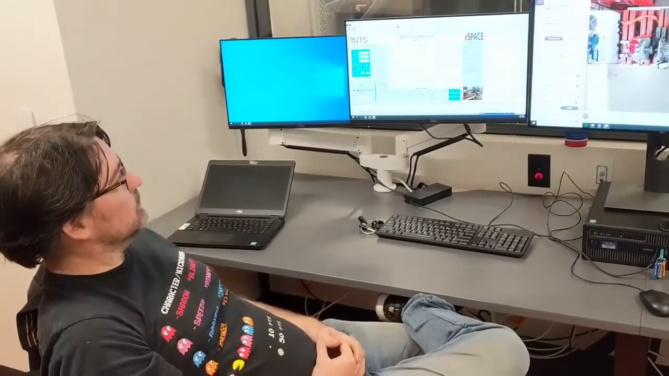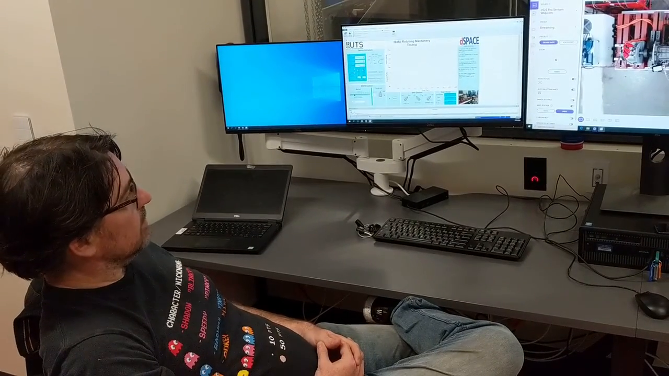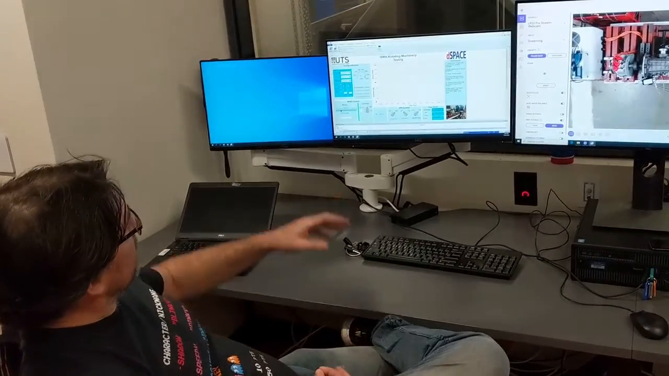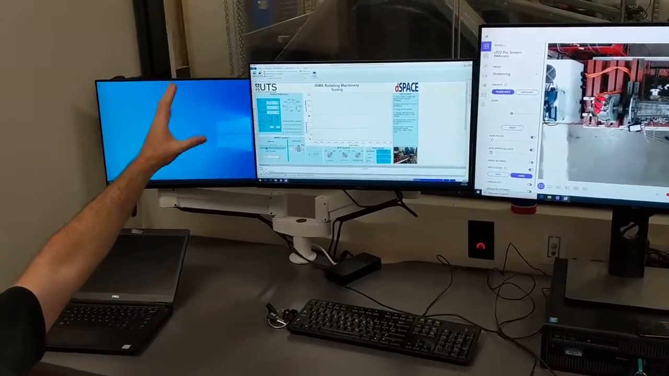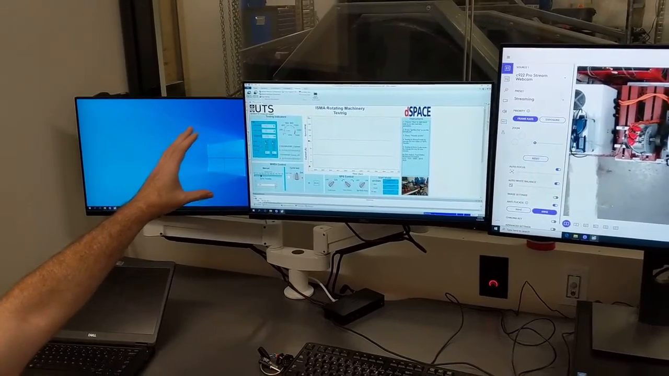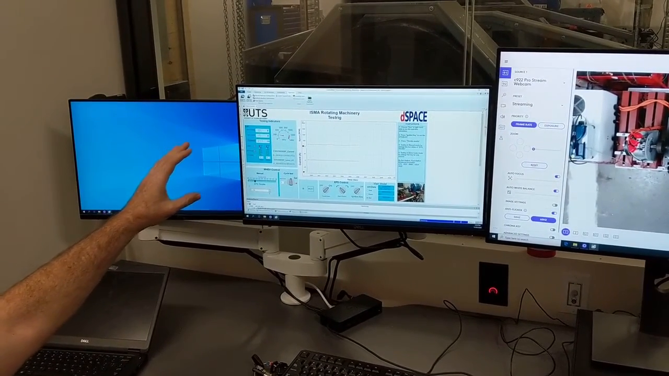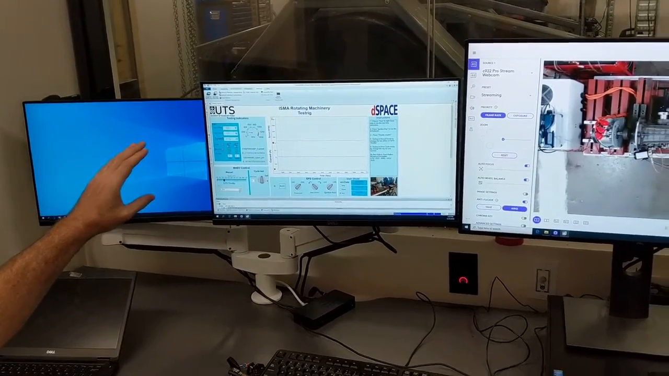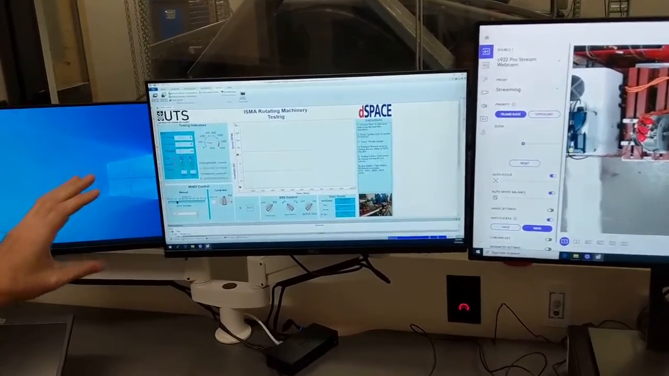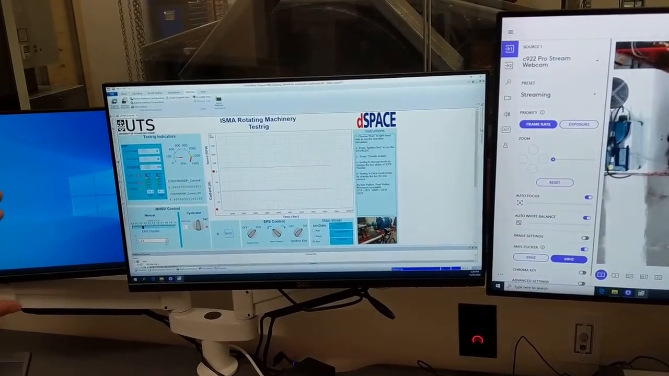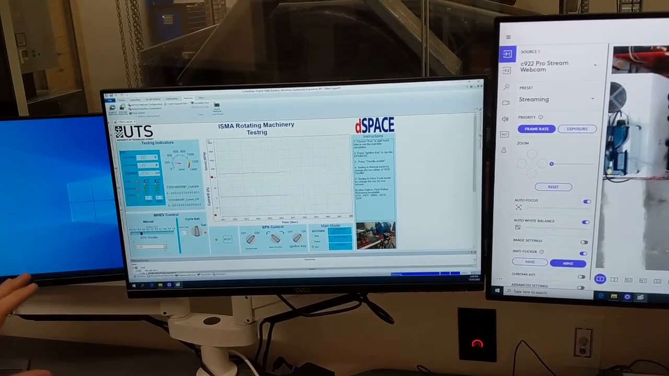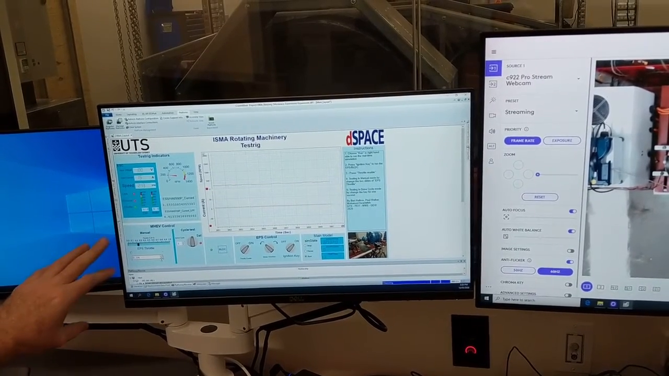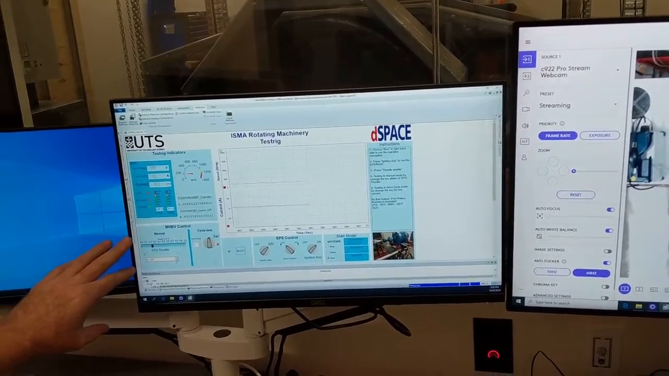Okay, so what we have here is our control center for the spin rig. On the left-hand side, we have the basic machine controls that allow us to monitor voltage, current, speed, and so on for the system, as well as control inputs such as motor torque or speed of the system. So in this instance, we've got a manual control here to alter the